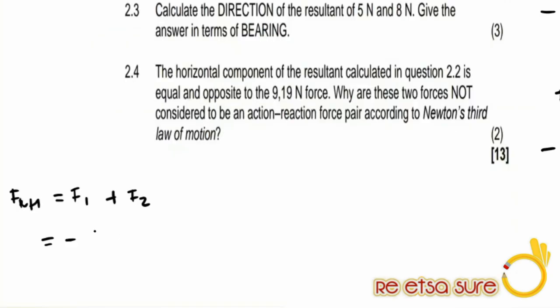F1 is negative 3,535 plus negative, what is the magnitude of this one? 5,657. And then now when I press my calculator to check my final answer, please press your calculator, my beautiful learners. The final answer that I get here is negative